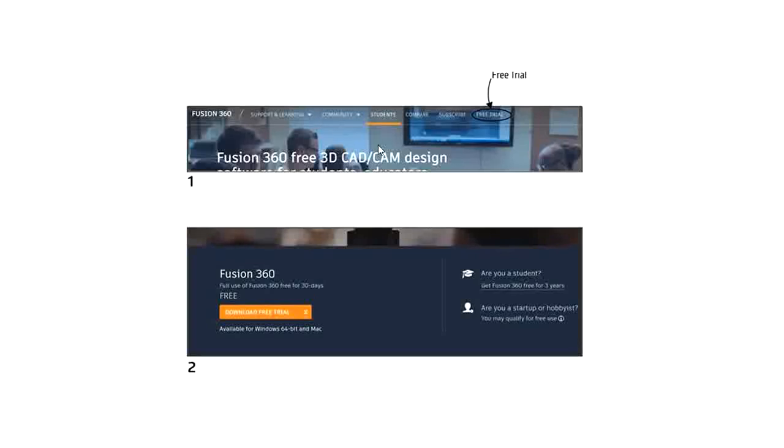Then you simply type in a browser "download Fusion 360 free trial". Then it will open this tab, then go to the free trial, then it asks you to download the free trial. But for downloading the free trial you require one thing, that is an Autodesk account. Okay, if you have the Autodesk account you can easily download the trial.